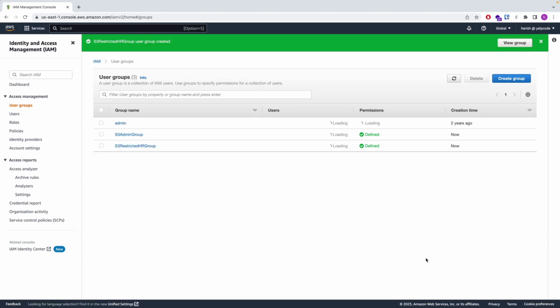Create group. Okay, so now we have both the S3 admin group and the S3 restricted HR group. So let's initially add our HR to the S3 admin group so that they can view both app data and